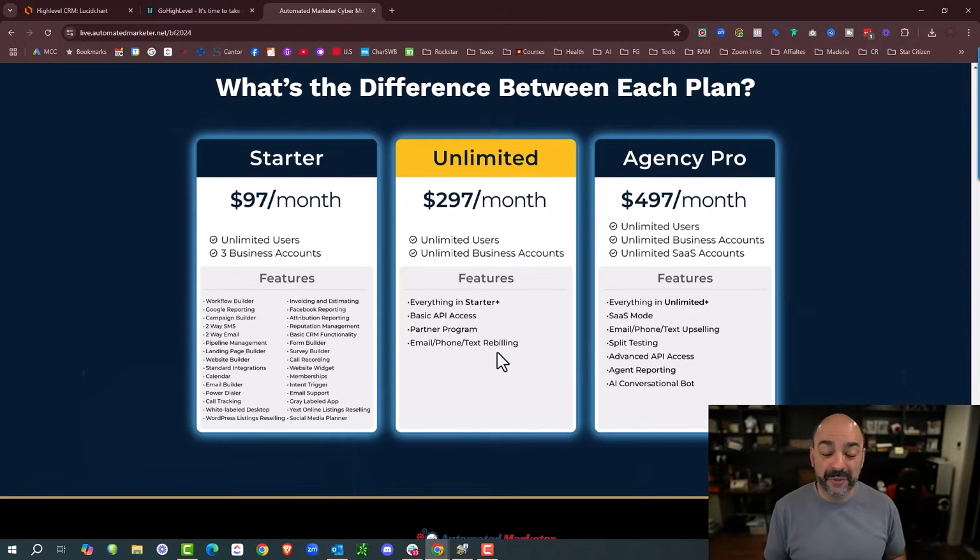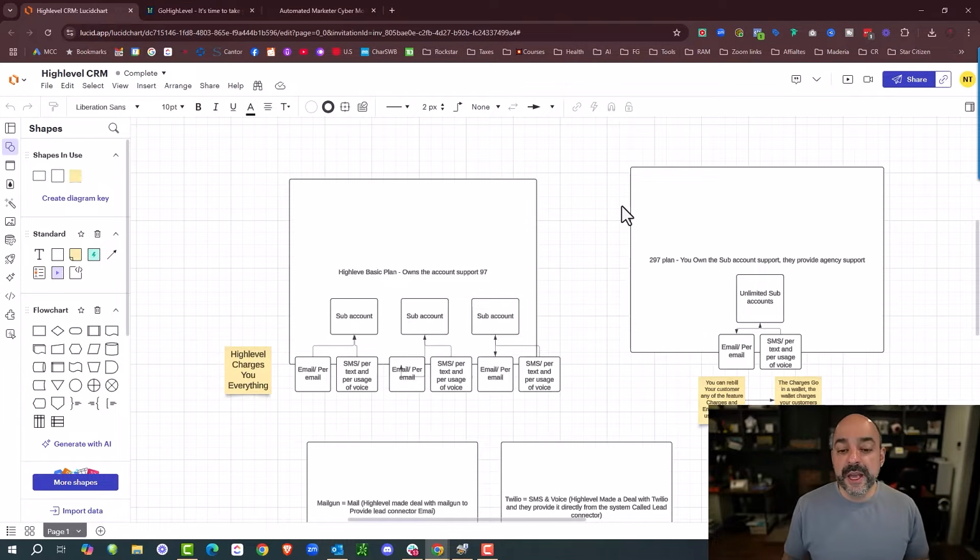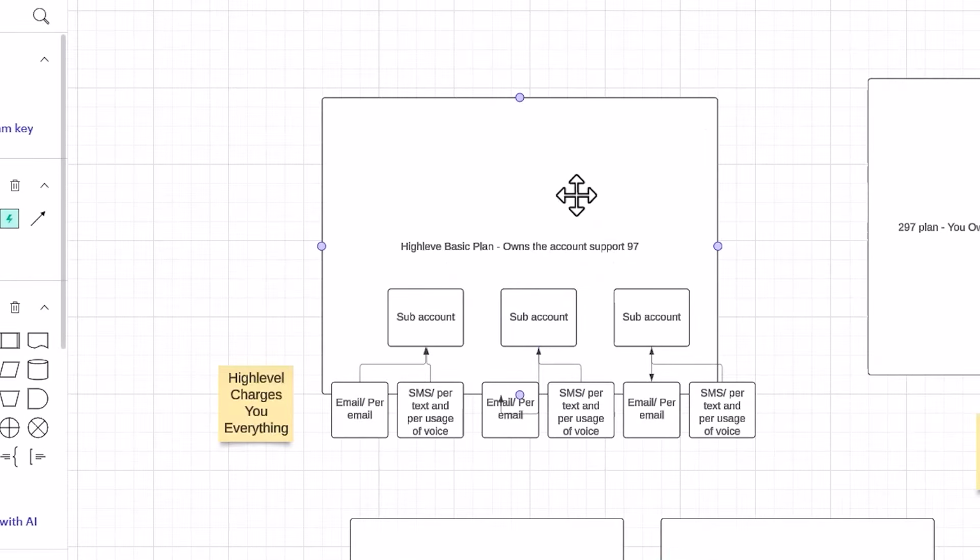Now, I don't know about you, but for 97 bucks, that's not bad. And on top of that, you get 3 accounts. But let's take a little bit further on what makes HighLevel super special. So in the 97 account plan, right, you come in here and you get the 3 sub accounts that I